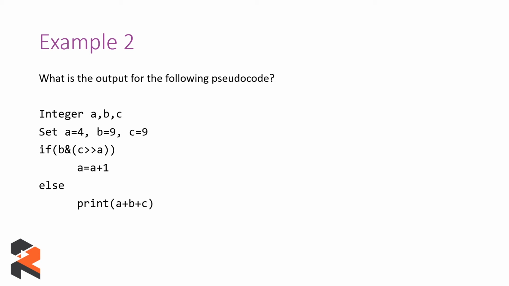And for every right shift operation you do on a value, the value gets halved each time. So the value of 9 when the first operation is performed will get evaluated to 4. So when we perform a right shift on 9 once, the value gets evaluated to 4. When we operate it the second time, it gets evaluated to 2. When we do it the third time, it gets evaluated to 1. And when we do it for the fourth time, it will get evaluated to 0. So basically your value which is getting evaluated inside C right shift A will evaluate to 0.